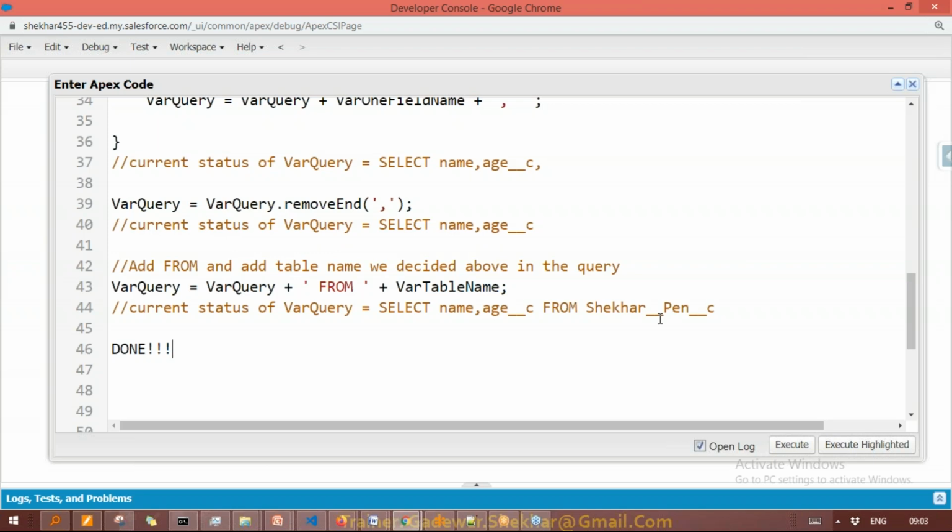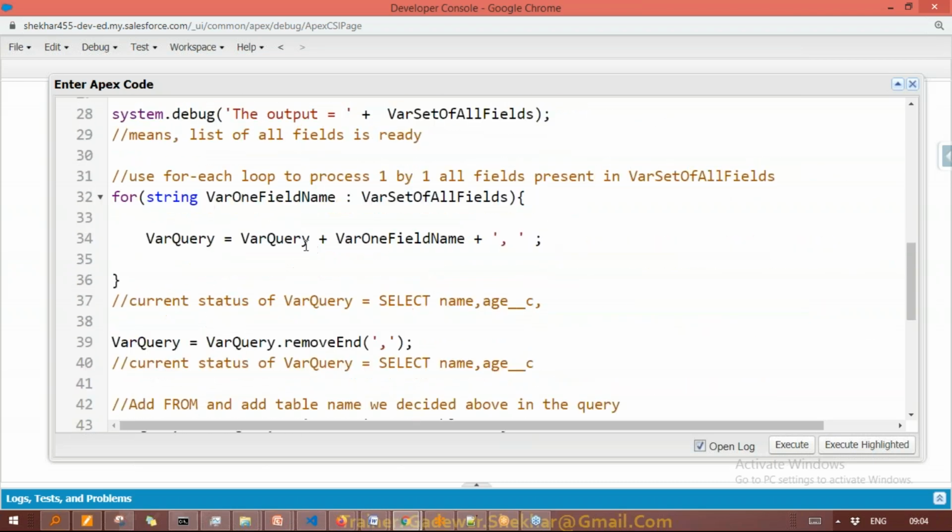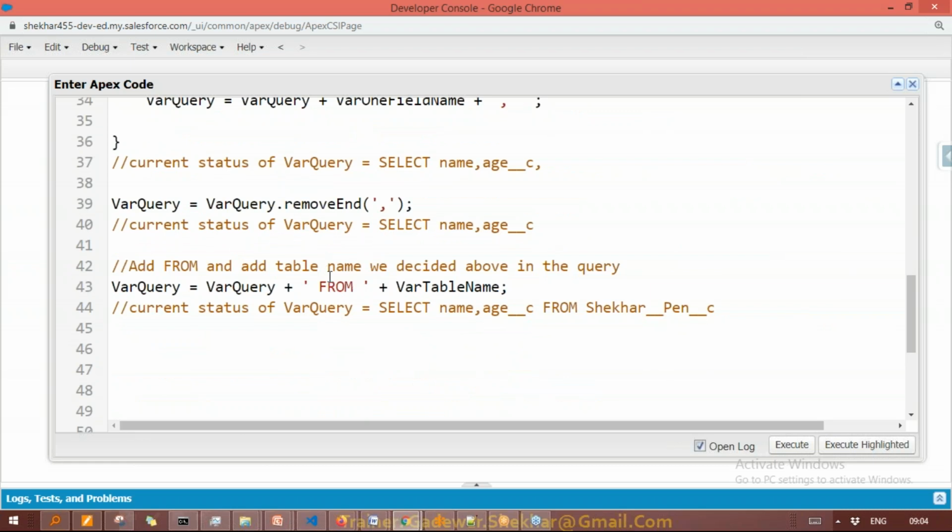So now if you have 500 fields or 600 fields, no problem. Next time, tomorrow, you want to work on the account object, no problem. Just come here and instead of the current object, write account. Next day, you want to work on contact, just write contact. And that's it. In a few seconds, you are taking the benefit of this ready-made code, and you can save this code somewhere in your system and always use it. Now here, it will give the complete query.